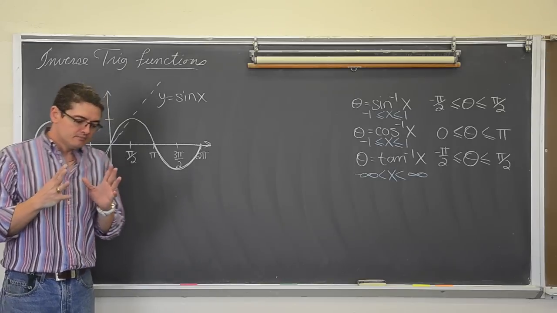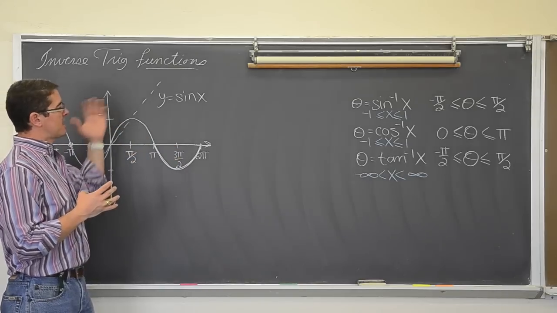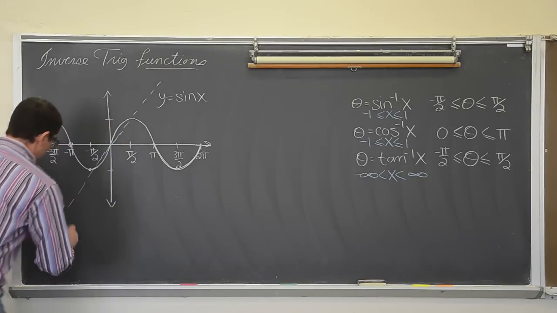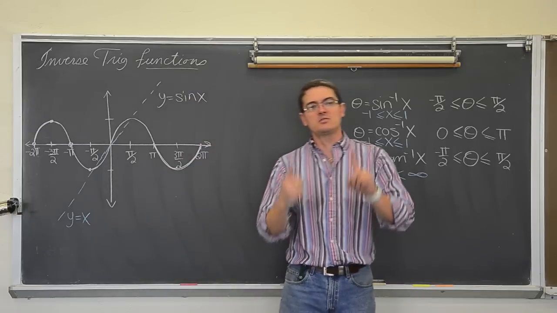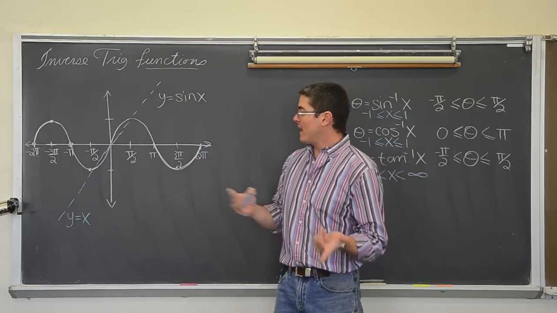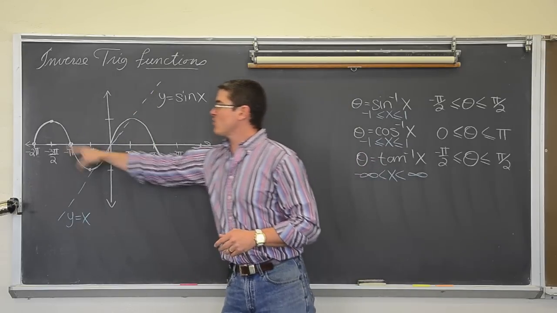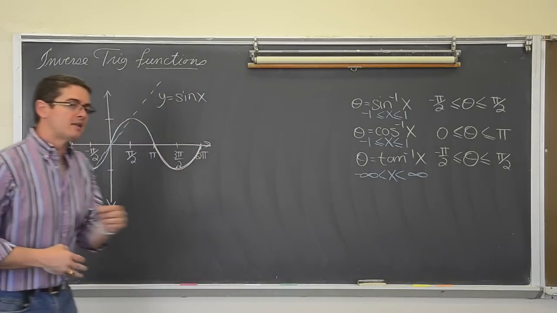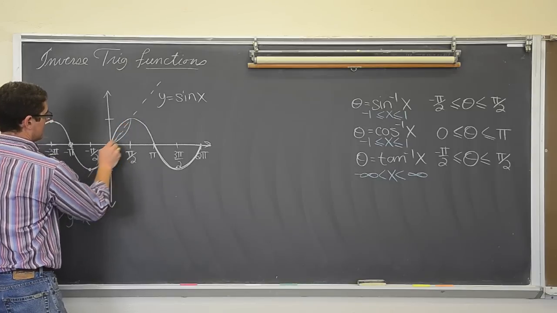When you take a graph and you try and sketch its inverse, you take the x and the y variables and you flip them, or you reflect it around the line y equals x, right? Algebraically, if you want to find an inverse function, you take the x and the y variables and you switch them and you resolve it for y. So, geometrically, that's the reflection over the line y equals x. So this sine graph reflected over the line y equals x, so I can look at the inverse graph, is going to look, this is going to be a sketch, but it's going to look something like this.